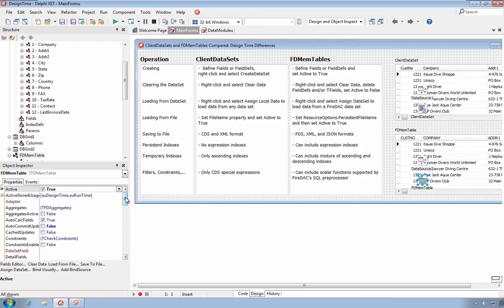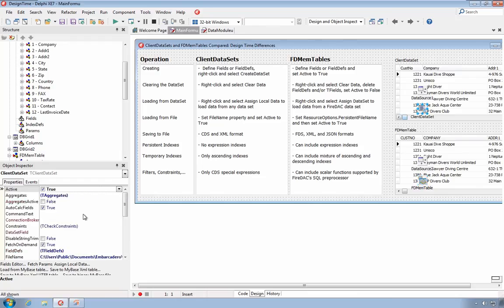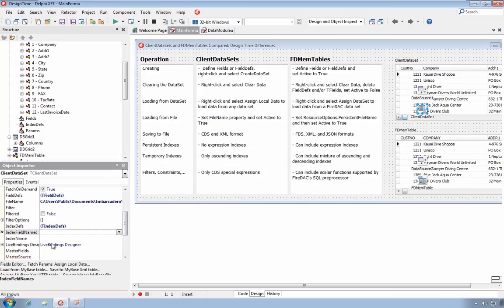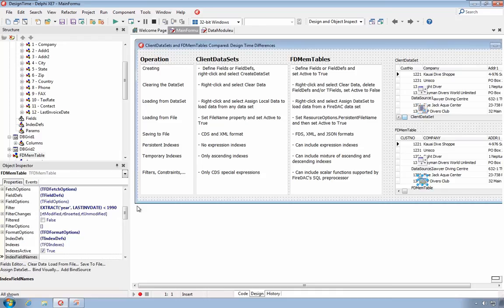Temporary indexes are indexes that are defined using the IndexFieldNames property, and that's a property that you assign a semicolon separated list of field names, and it will then dynamically create that index on the fly. In ClientDataSet, all of the fields will be sorted in ascending order, and it'll be a case insensitive sort. The difference with FDMemTables is that we have the option to have a mixture of